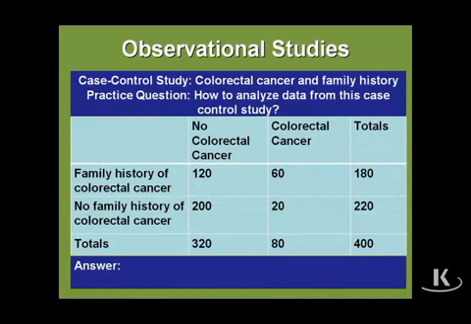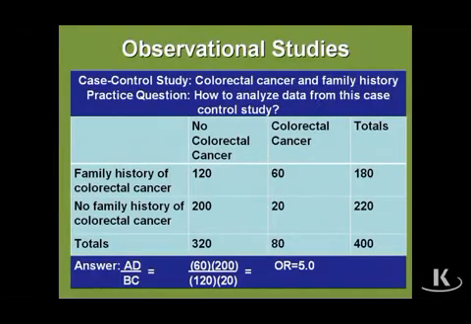Notice something. I've rotated the table a little bit on you, haven't I? 120 is not the A cell, 60 is the A cell. That would be disease and risk factor together. If 60 is the A cell, then 200 must be the D cell, that's the diagonal cell, and then 120 times 20 is the B and C multiplication. So using this data, AD over BC, the computation for the odds ratio is 60 times 200 divided by